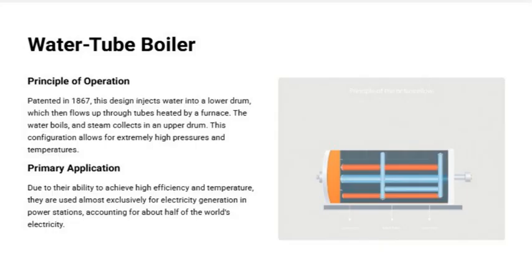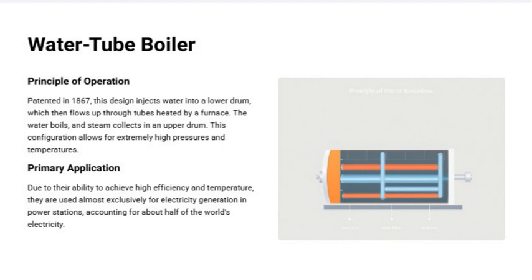Let's take a closer look at the water tube boiler and how it operates. This design was actually patented back in 1867, and it works by injecting water into a lower drum. From there, the water flows upward through tubes that are heated by a furnace. As the water passes through these tubes, it boils, turning into steam. The steam then collects in an upper drum, ready to be used. This configuration is particularly significant because it allows for extremely high pressures and temperatures, which is essential for efficient power